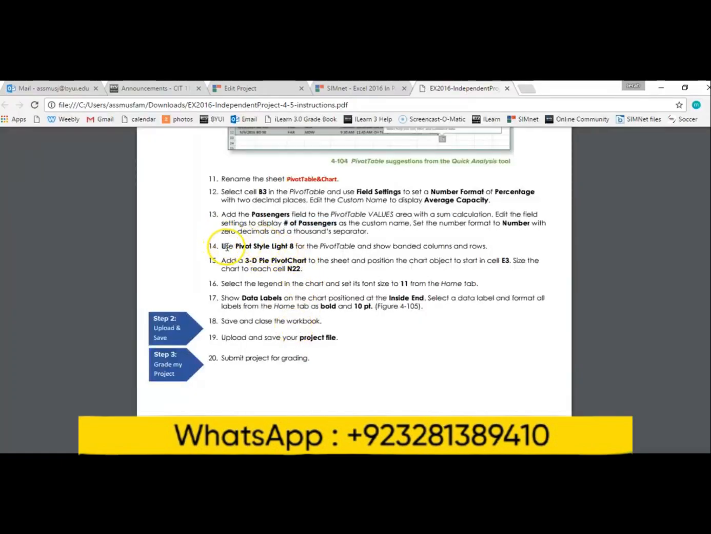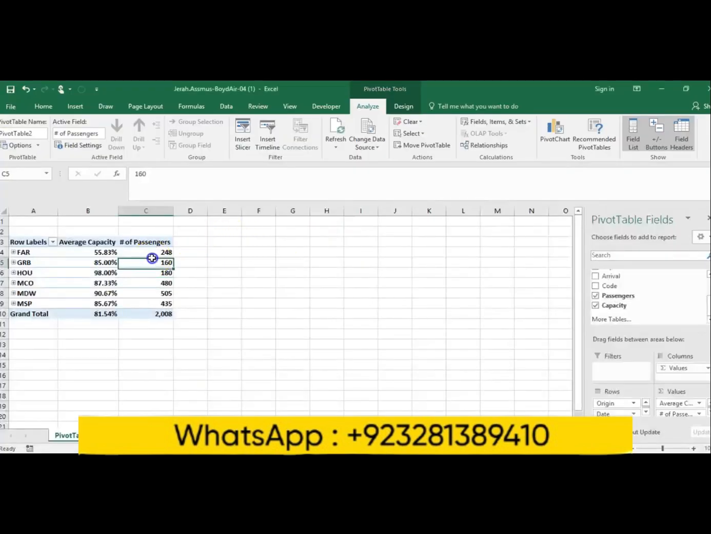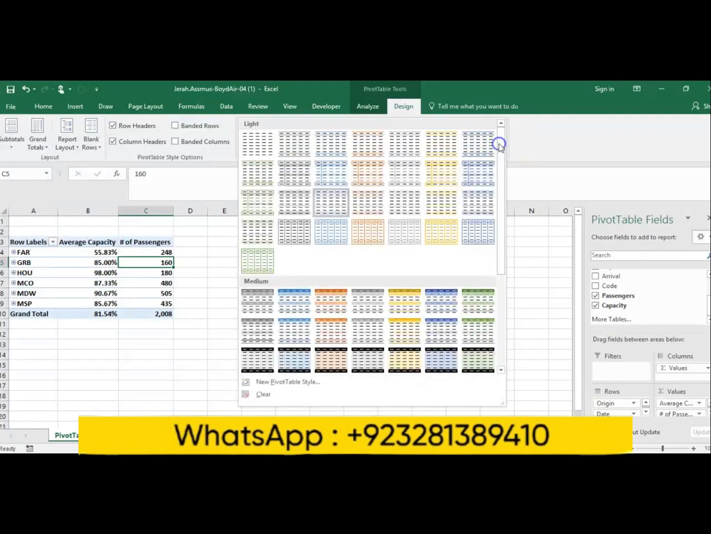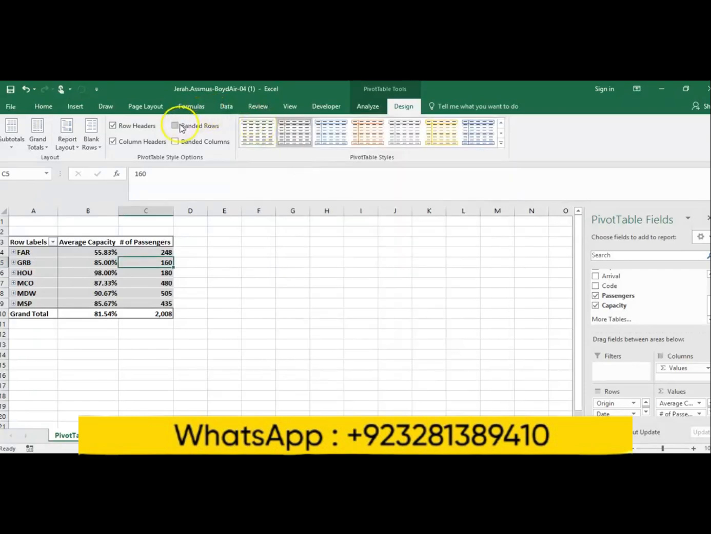Step 14, use pivot style light 8 for the pivot table, and then show banded columns and rows. So I'm going to come up to design, I'm going to use pivot style light 8, so I'm in the light section. I'm going to find 8. It does say white in front of it, so don't get confused with that. Just look for that pivot style light 8, and then I want banded